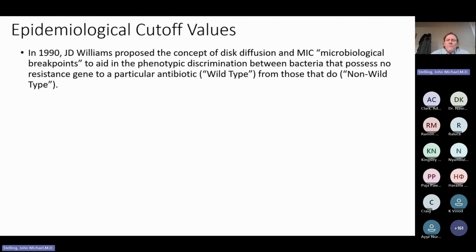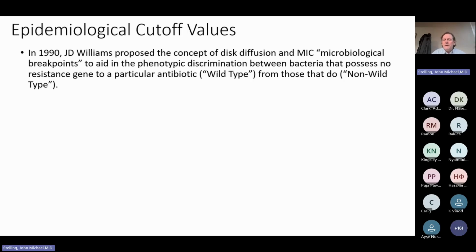There's this other concept about epidemiological cutoff values. One of the very first presentations I ever went to was in Norway at an ECCMID meeting, and J.D. Williams was talking about the concept of microbiological breakpoints. I like the word microbiological breakpoints. I think it's clearer, but it's the same concept as epidemiological cutoff values. And his proposal was that there should be a breakpoint that can distinguish phenotypically. I'm not talking genetically. Genetically, you just do the genetics, the genomes, etc. But from a phenotypic perspective, can you distinguish reliably between bacteria that do have a resistance gene to ciprofloxacin versus